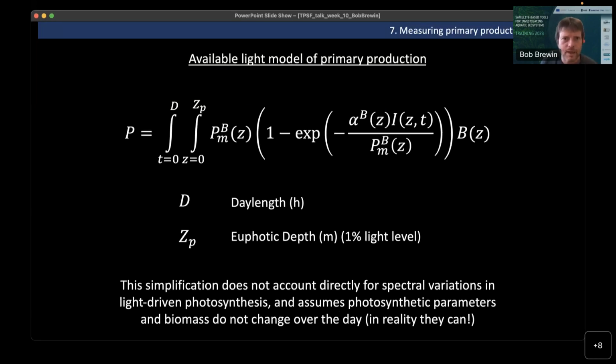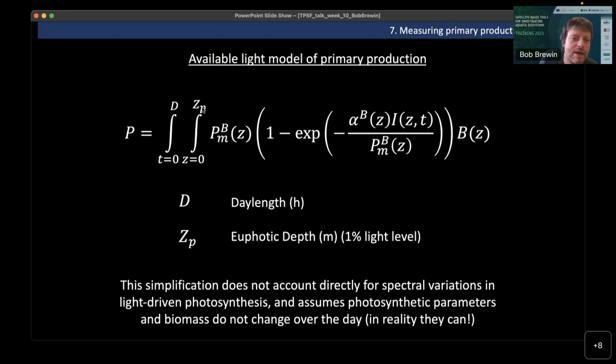So if we want to know the primary production in units of milligrams of carbon per meter squared per day, we have our same equation here, the photosynthesis irradiance curve, with PB max, alpha B and light. And now, of course, we're converting back to primary production. In order to do that, we need to scale to our biomass, because this is the normalized primary production. Our biomass is also going to vary with depth. And then we integrate over the day length D